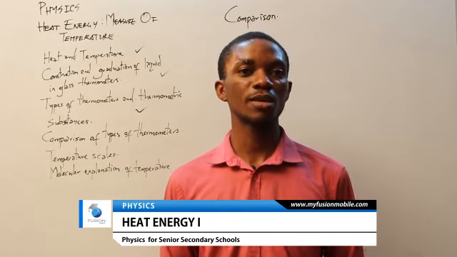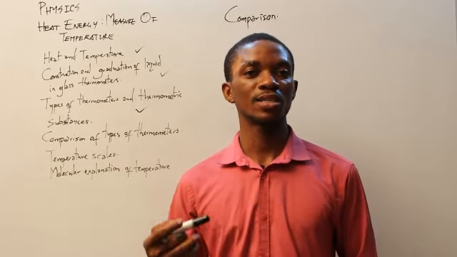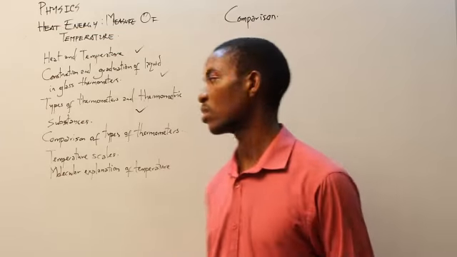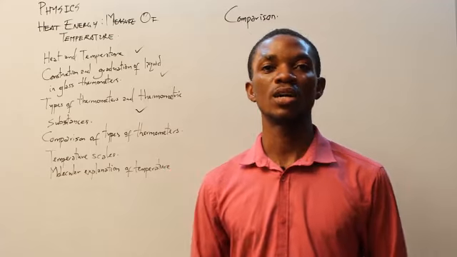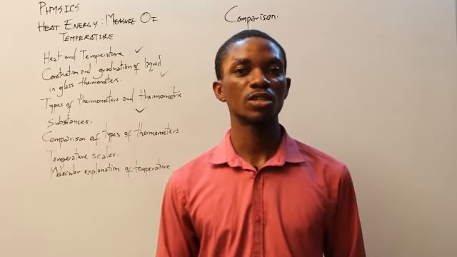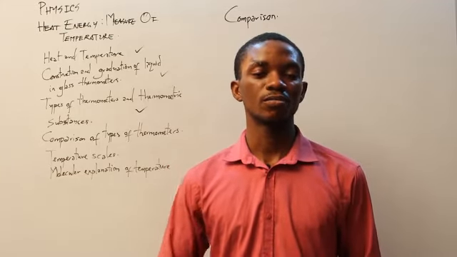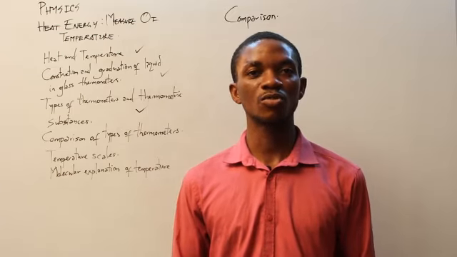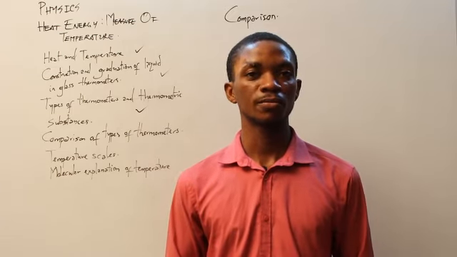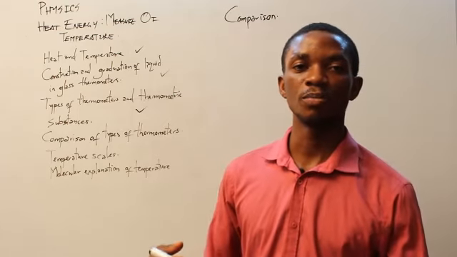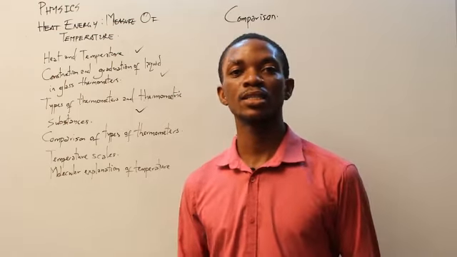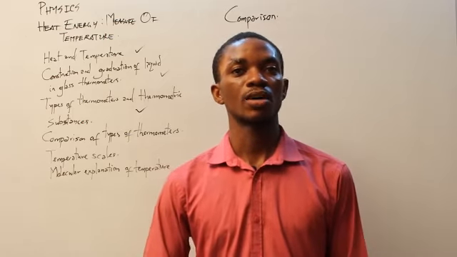We have two major types of liquid in glass thermometers. The one which forms the Fahrenheit scale, which is alcohol, and one that forms the Celsius scale, which is mercury. So let's look at the advantages of one over the other. On your screen right now, you have a table showing the mercury in glass thermometer and the alcohol in glass